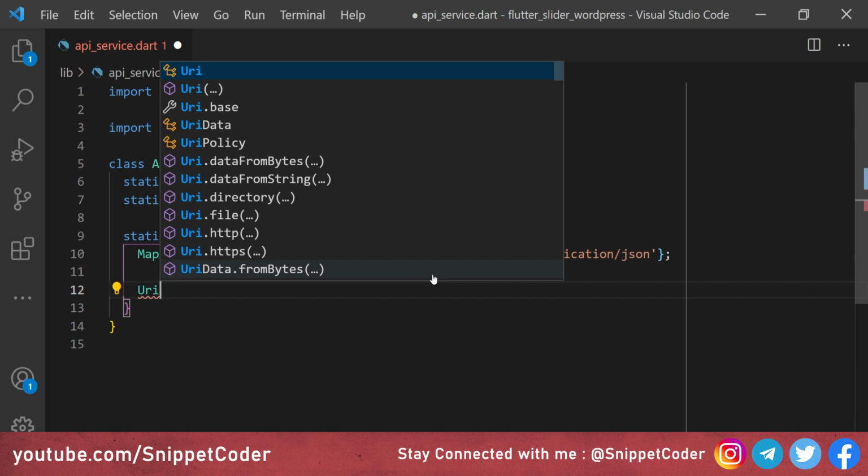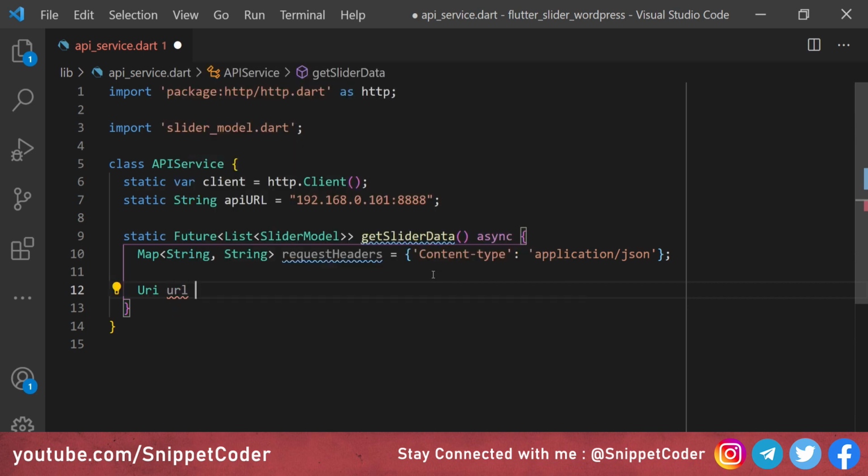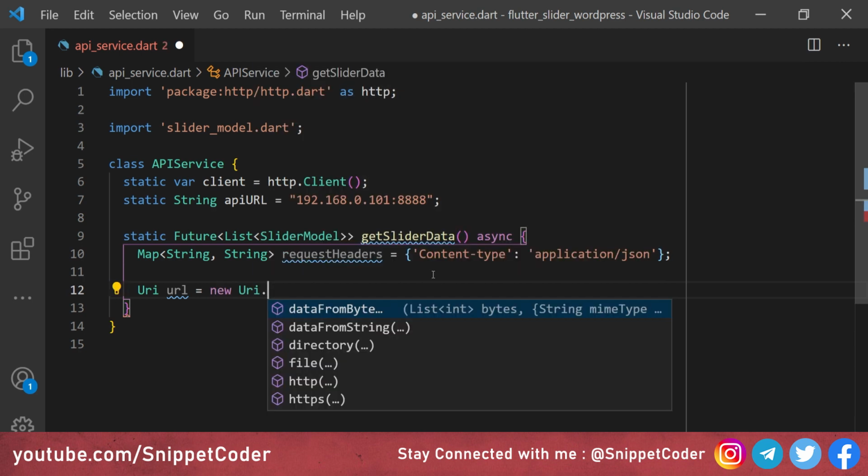In the new package of HTTP, we have to pass the URI, so we have to build that URI, and here we have to put Uri. In the case we are using HTTP, then we have to select http. In the case our URL is HTTPS, then we have to use https.